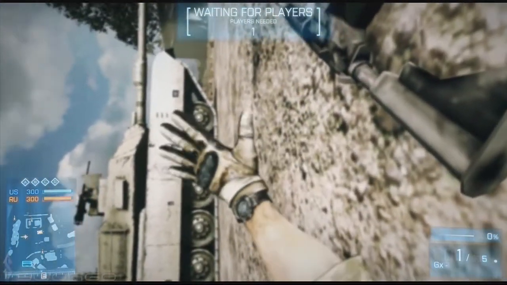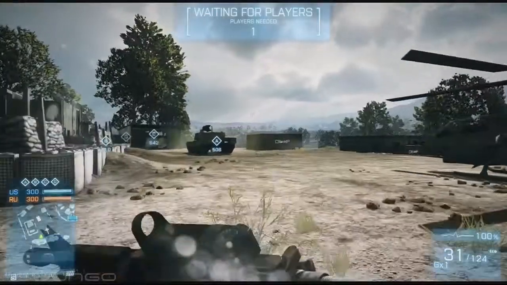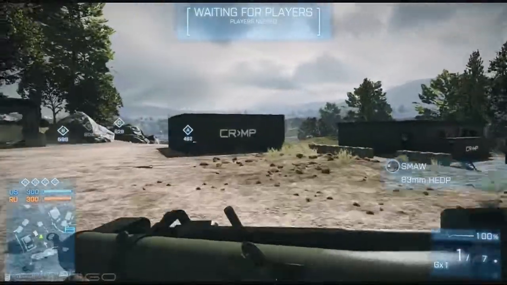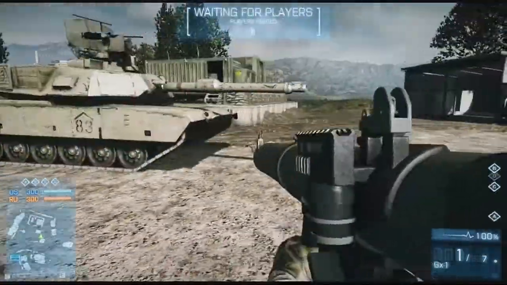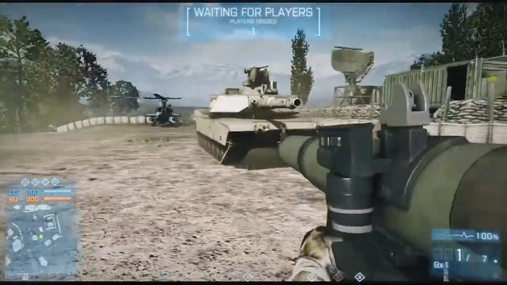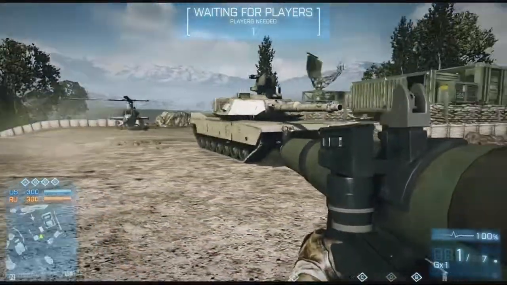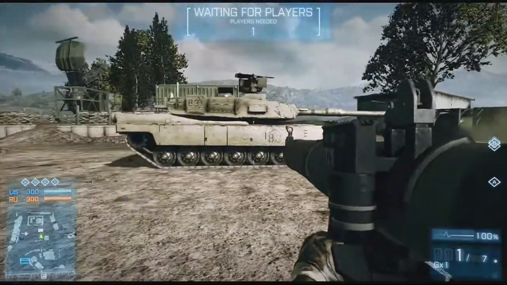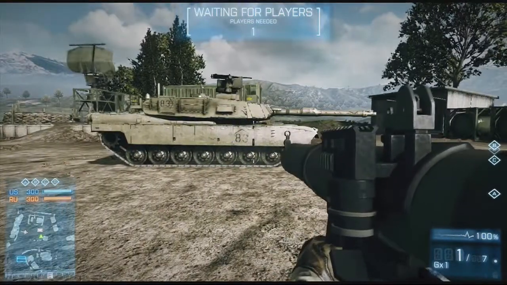SMAW and repair tool. Okay, so we're going to deploy here. I've got my SMAW. This is an unguided rocket, and it does damage against buildings and infantry and all vehicles if you can connect with them, if you can hit them. This is what a lot of people use against armor,